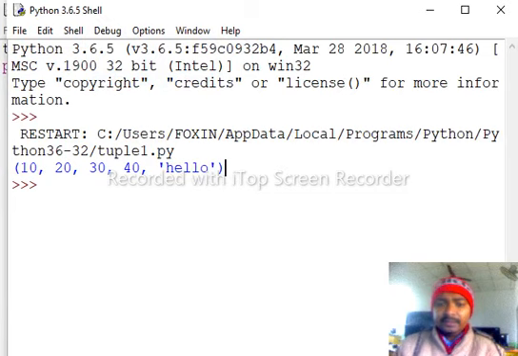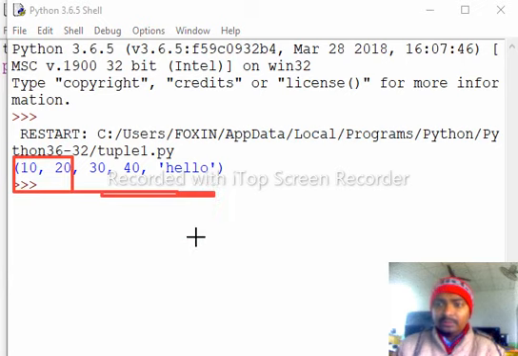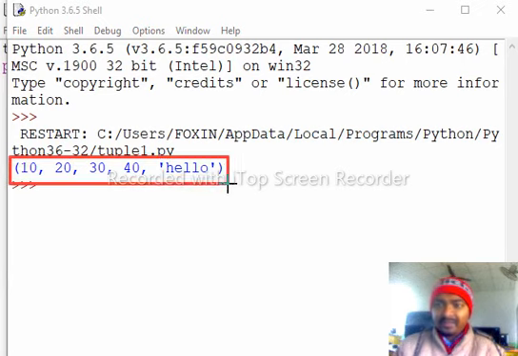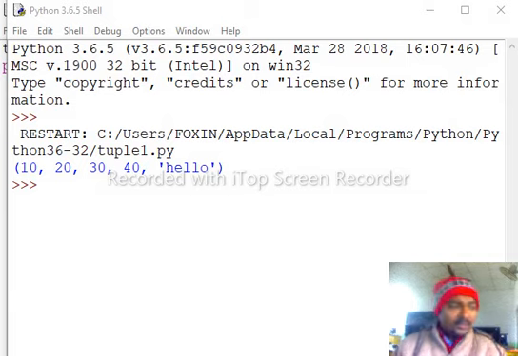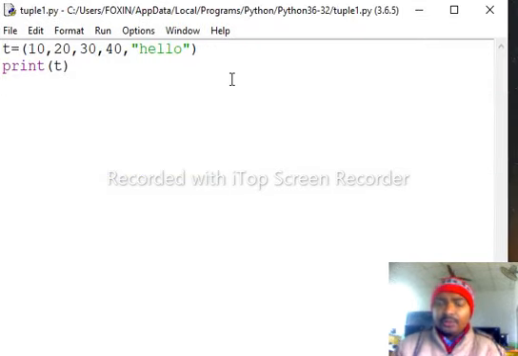Okay, this is the output. Okay, now the next point is creating a tuple using the tuple function.